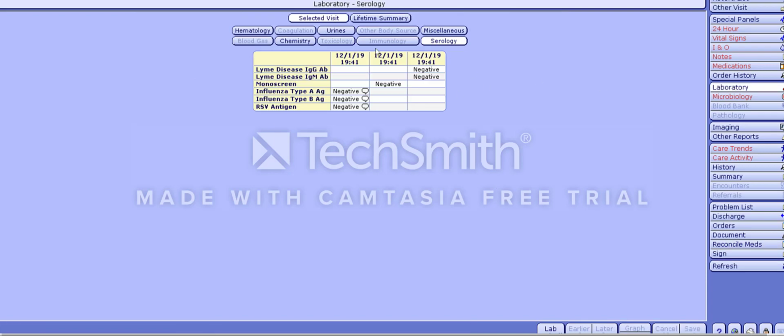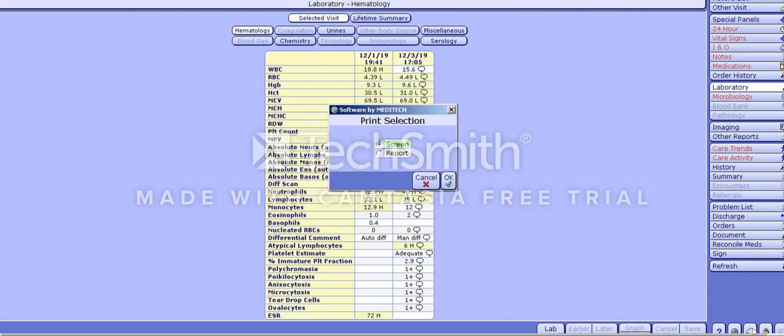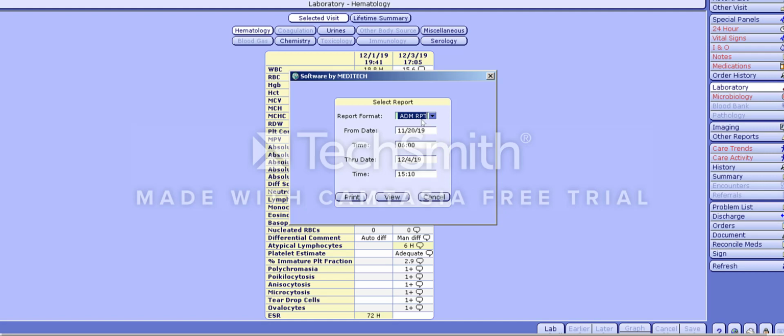One other thing I want to show you guys is how to print. So when you want to print labs, for example, to send home with them, in the lab tab, you click print, and then you can click the report instead of screen, because the screen will make it without time. And you select OK. It's an administrative report, and then you can select the date and time, and then when you click print, it should print out nicely as long as you encompass the date and times that you